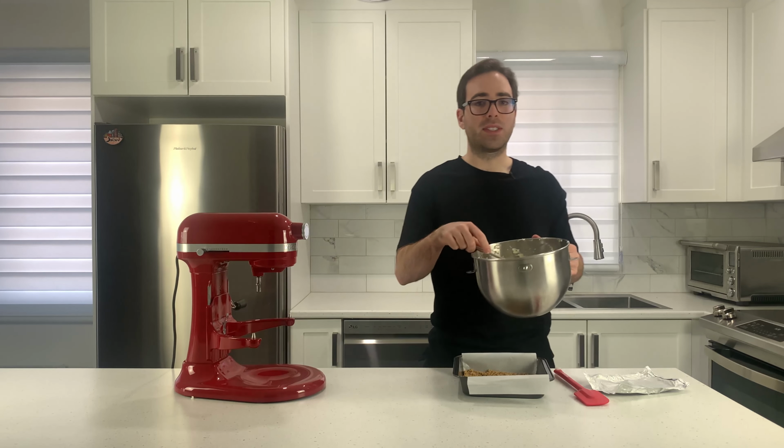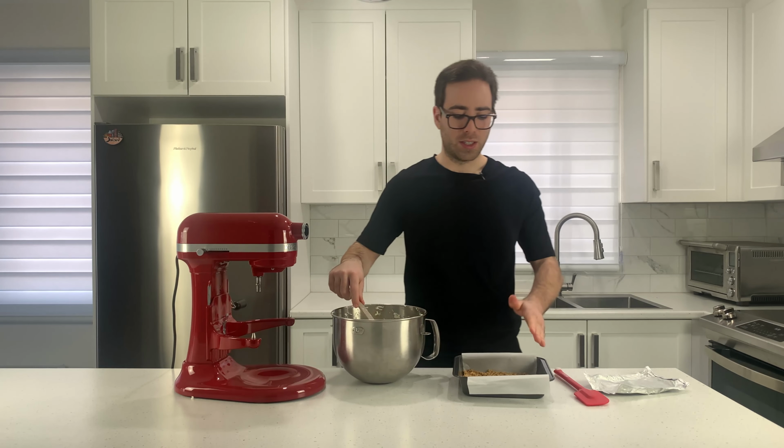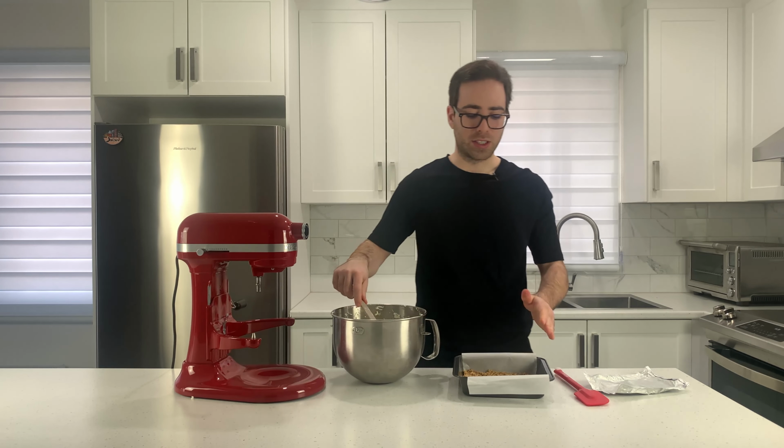I didn't like that. We will now attempt to put the cream cheese mix on top of this base and level it. Now there's no real easy way as far as I know to do that, but I just chunk it on top like this, and then I attempt to level it using 2 spoons,